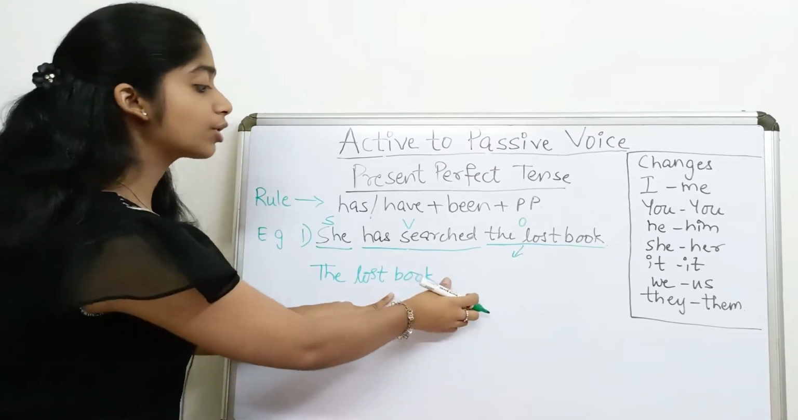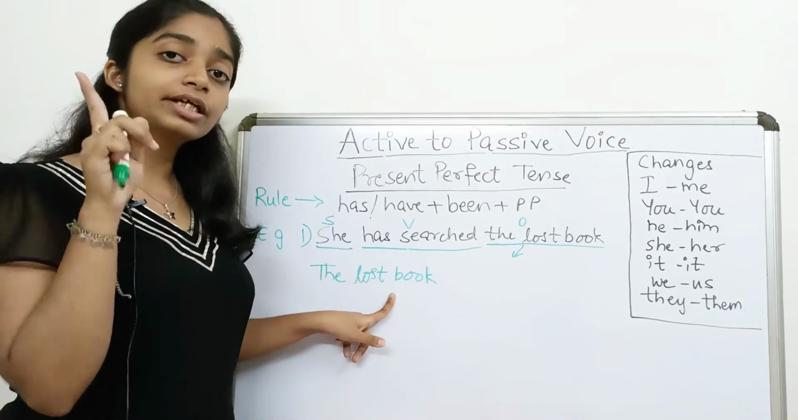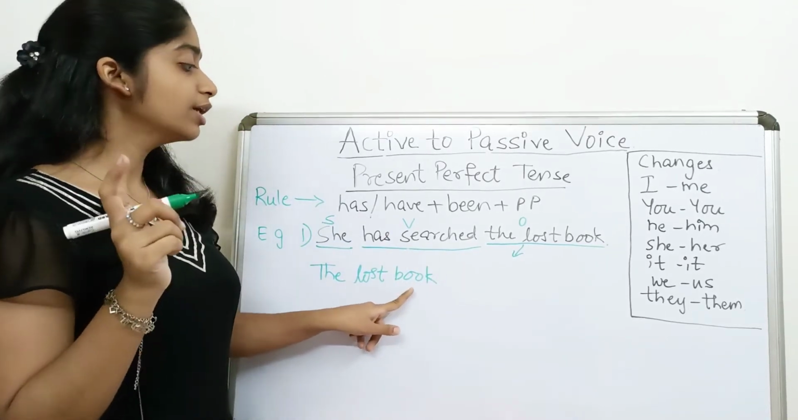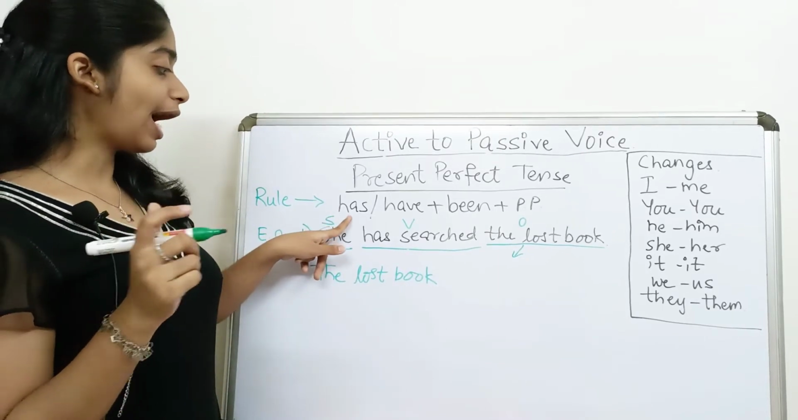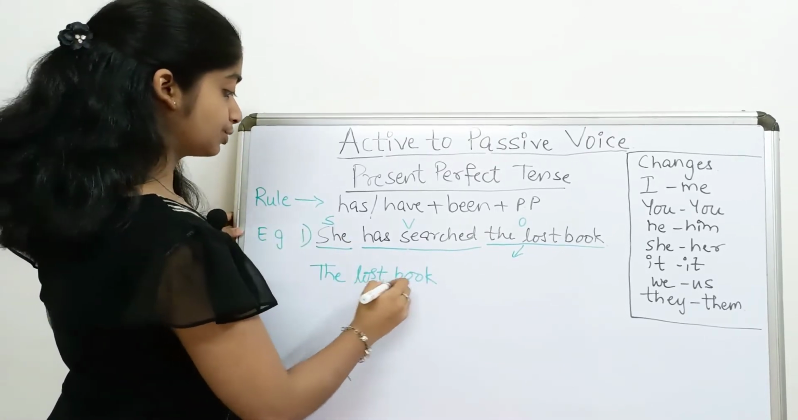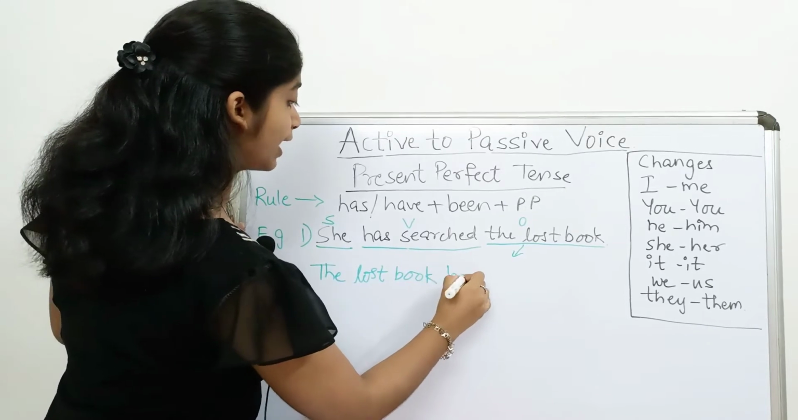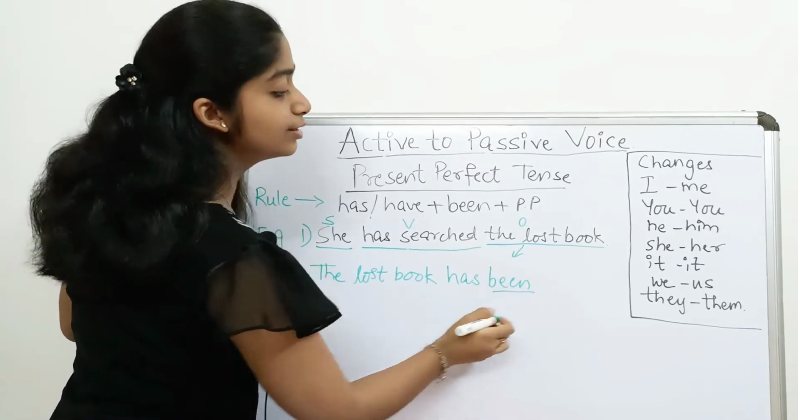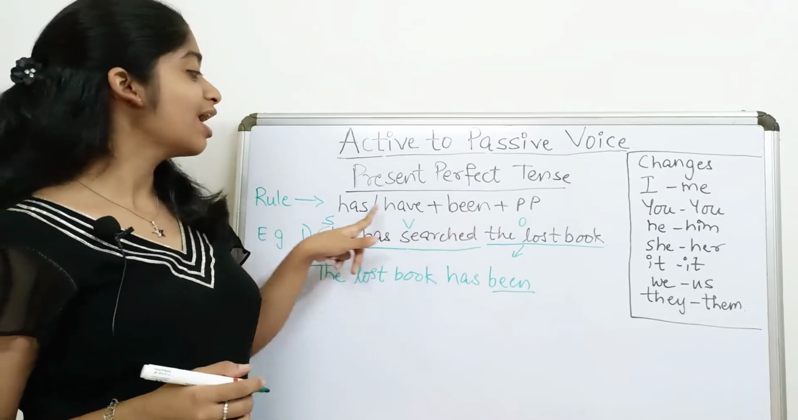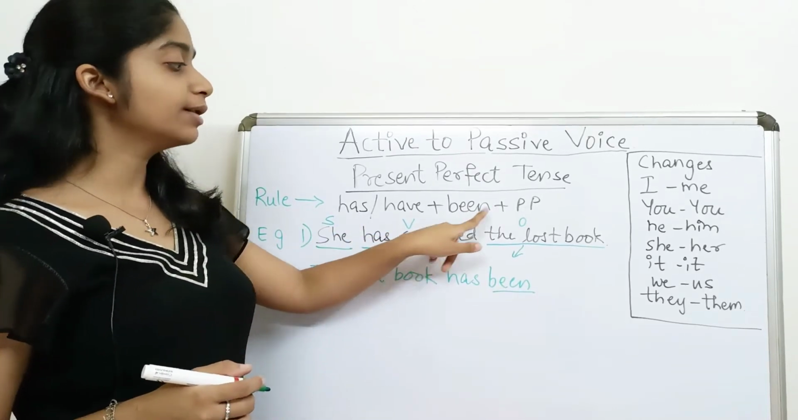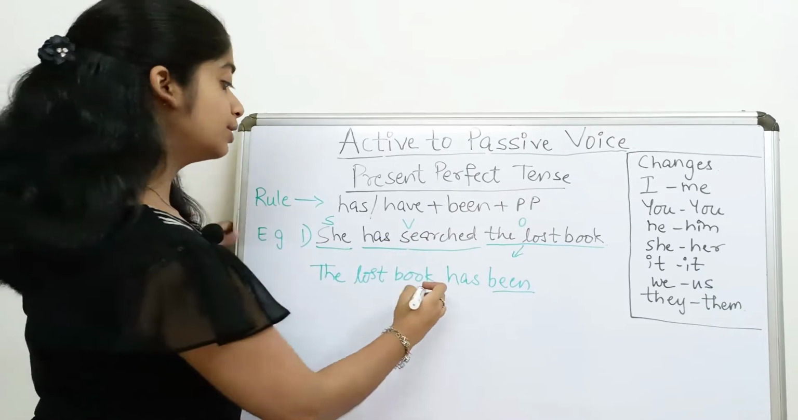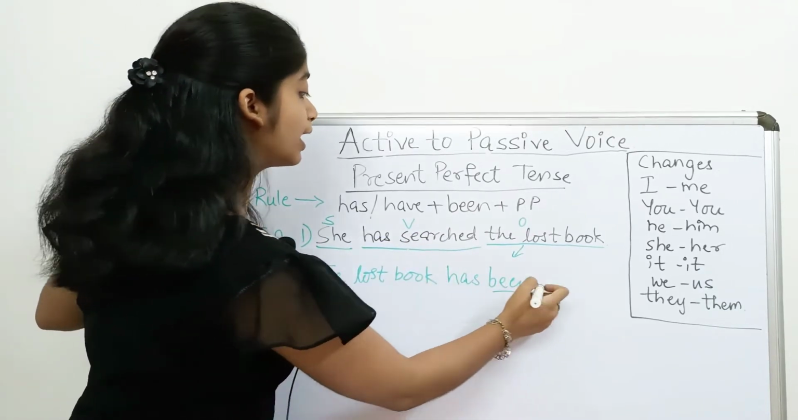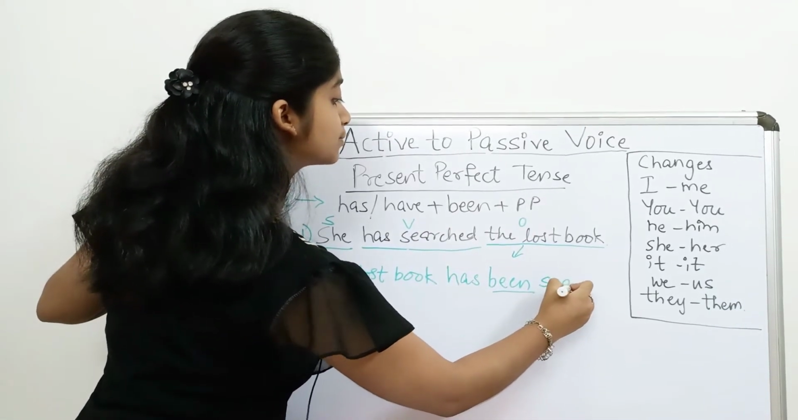Now, book is one. It is a singular quantity. Therefore, we will use has. The lost book has been. Why did we write been? Because the rule says has or have plus been plus past participle. So the lost book has been searched,